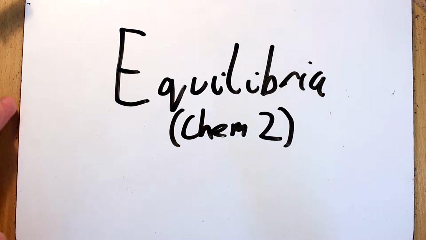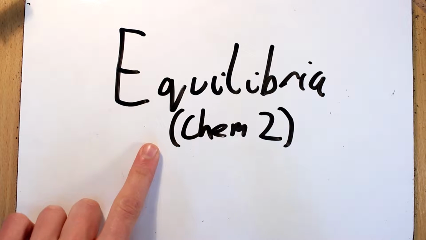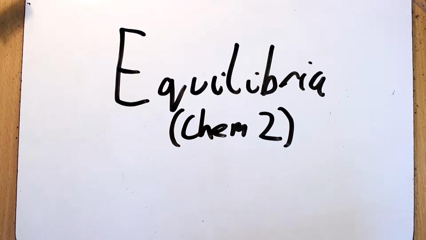So in this video we're going to be looking at AS Chem 2 Equilibria. It's topic 9, just in case you're wondering where it is in the textbook. And it's quite a short unit, it's quite simple, and really just builds on a lot of the